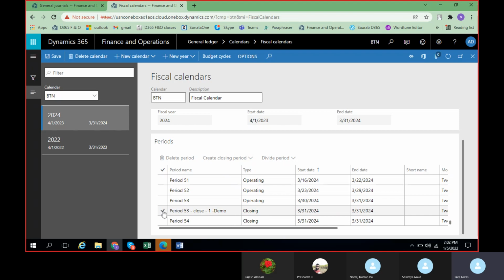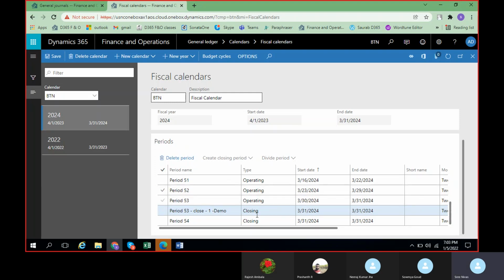That means for this particular period, they will disable the option for end users, to restrict them from posting transactions, because in the last 2 or 3 days, like March 27th or somewhere, they will stop end users from recording transactions. Only for those 3 days they will create a separate closing period, by breaking down this one, or by making any changes as per the requirement. So now you understood, right, what is the purpose of dividing periods, and what is the purpose of creating a closing period.